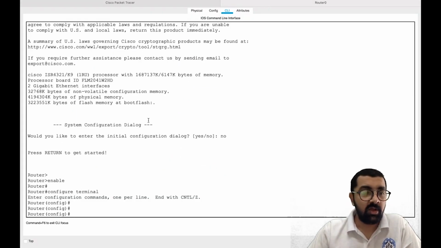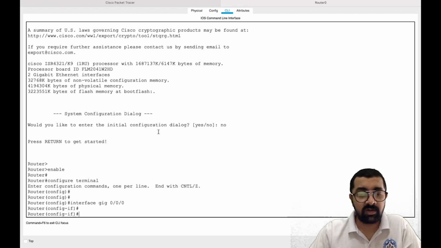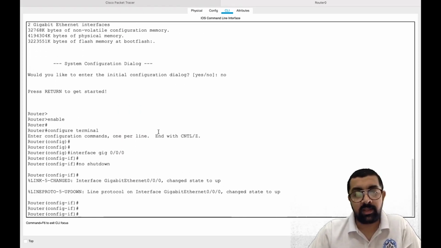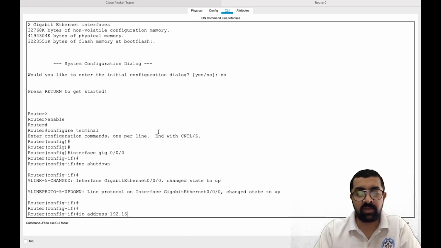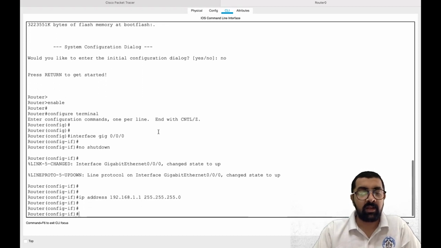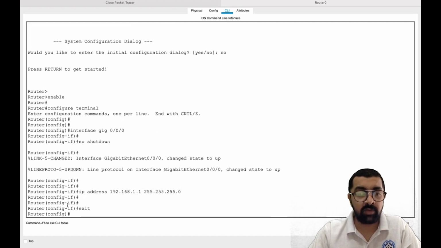So here we go and say interface gigabit 0/0/0. By going into this interface, we are going to perform a command that says no shutdown. And then after performing this no shutdown command, we are going to configure an IP address over here by using a command called ip address 192.168.1.1 along with a subnet mask. And then we're going to get out of that interface configuration mode, and we'll be in the global config mode